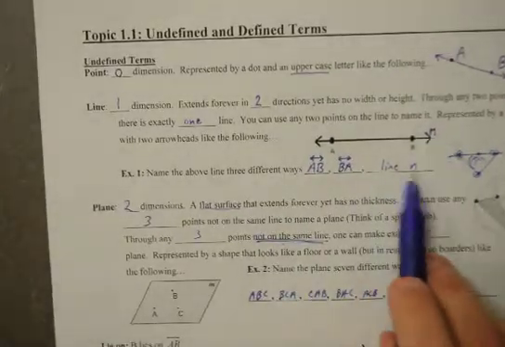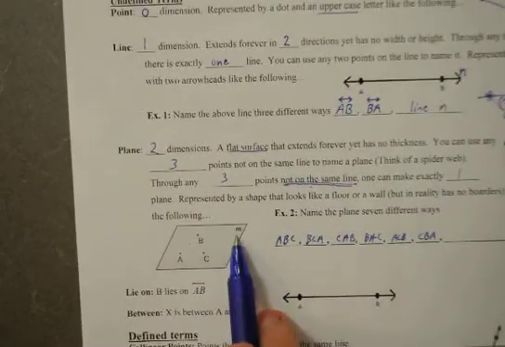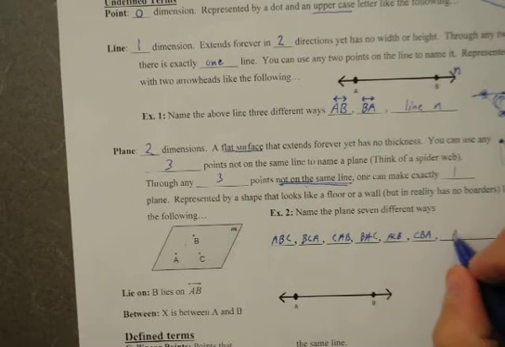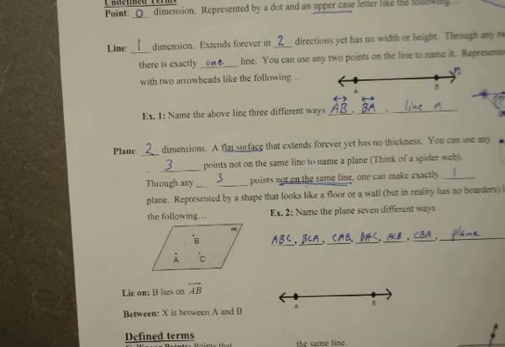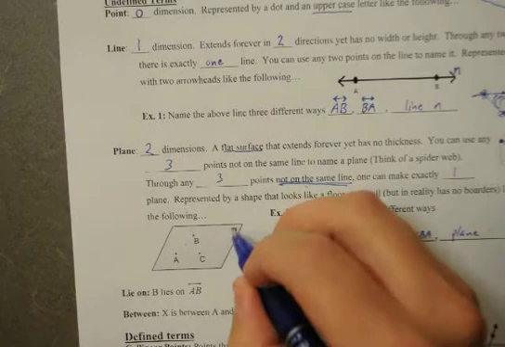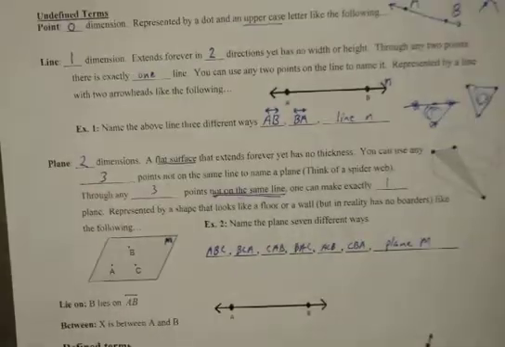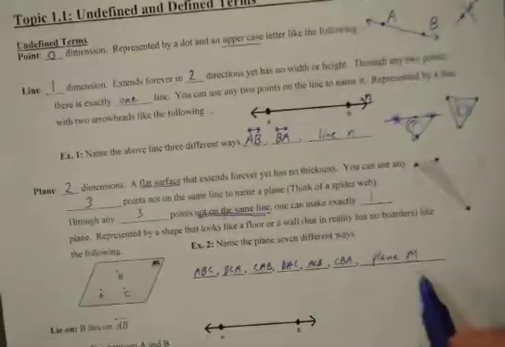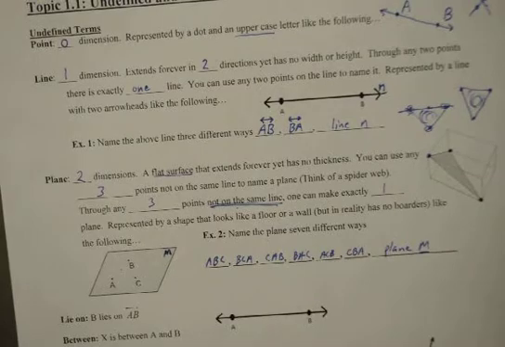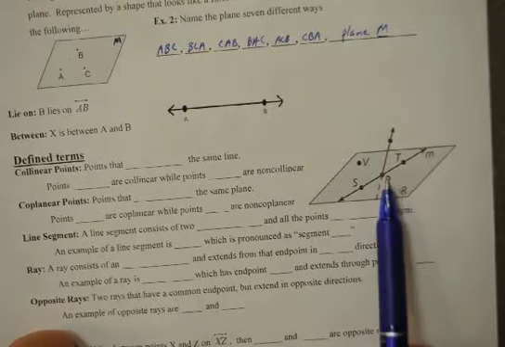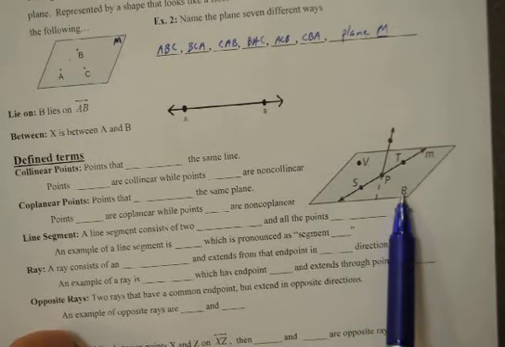And then, just like with the line, if there's a lowercase letter, you call it line N. Same thing with the plane. If there's a letter there, you can just call this plane. Actually, that's supposed to be uppercase for a plane. I don't know why that's lowercase. Call it plane M. Alright, the line has lowercase, the plane has an uppercase. You can name it with an uppercase letter. Like here, you could call this plane R. There's no point R, you could call it plane R.